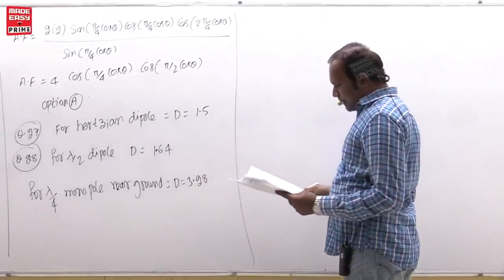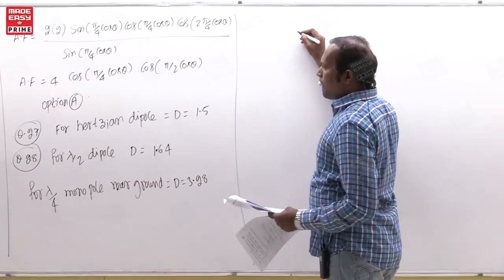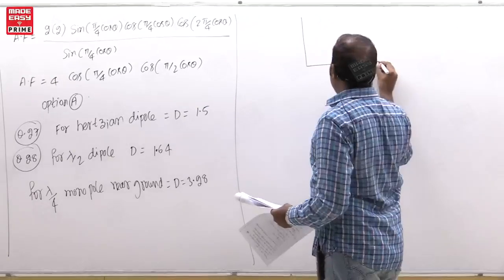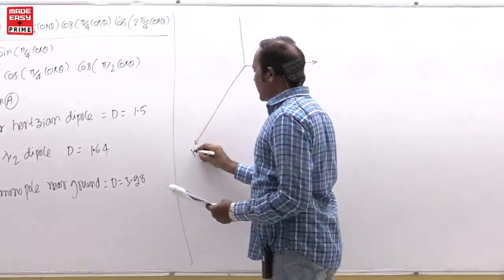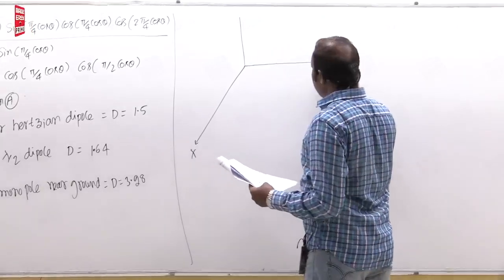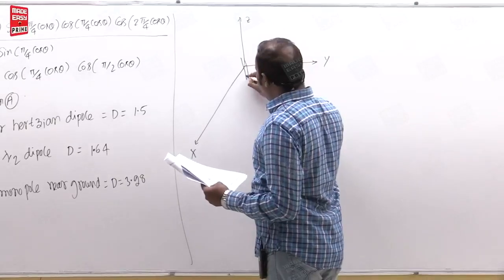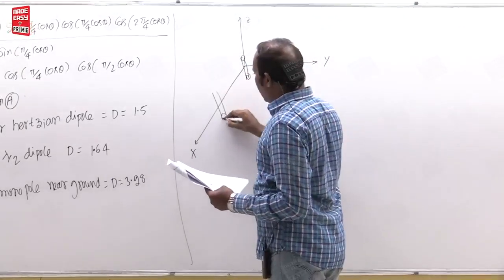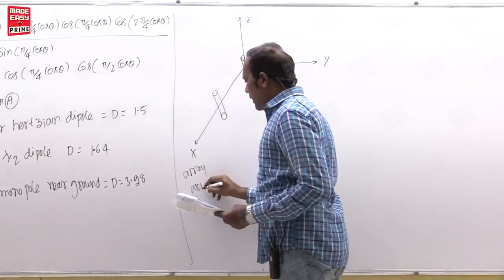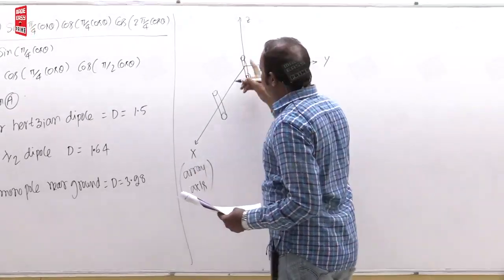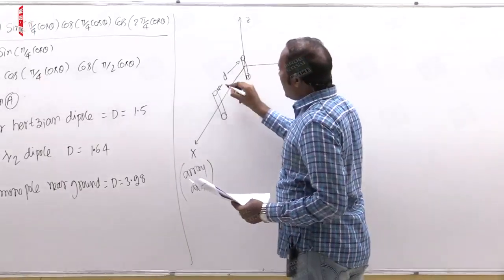Next question, it is given like this, dear students. If you see this, let us take this as the axes, he has given x axis and y axis and z axis. Now here two antenna elements are there on the x axis, so this is the array axis. What is the definition of array axis, student? The line on which antenna elements are there. So he has given the distance between them is d,